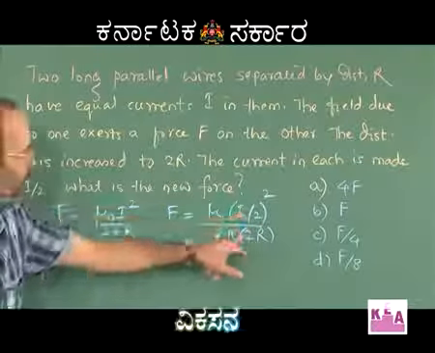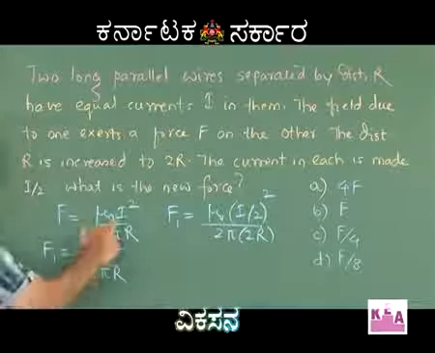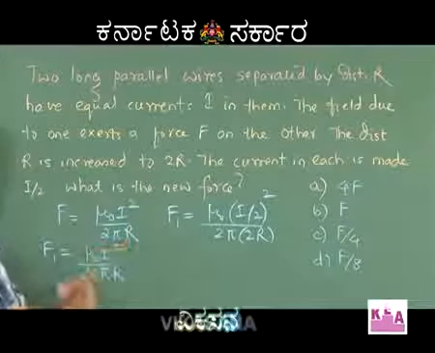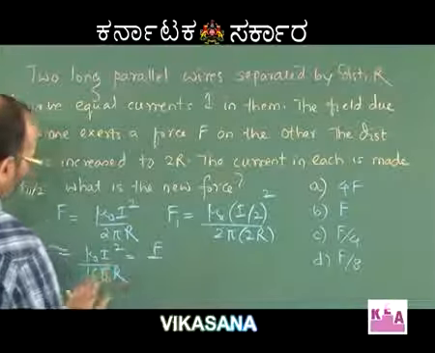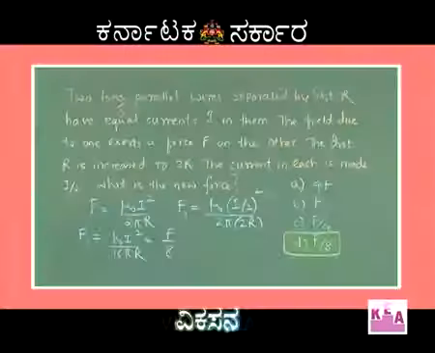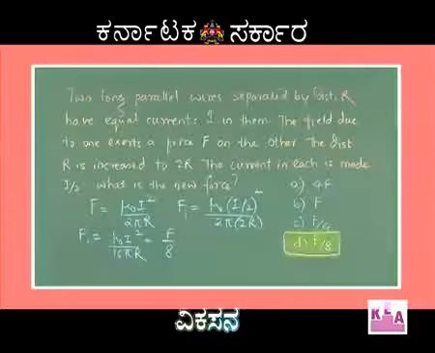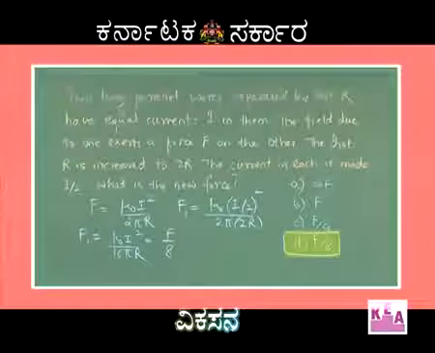See, this is 4, 8 and 16. So, 16 pi R. Out of this, mu naught I square divided by 2 pi R was F. So, this will be F divided by 8. So, F by 8 is the right option there. Therefore, the correct answer is